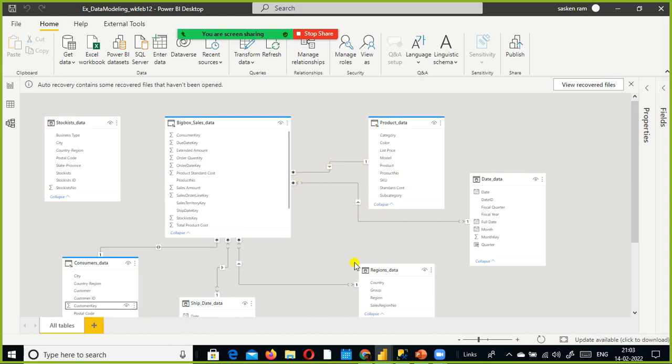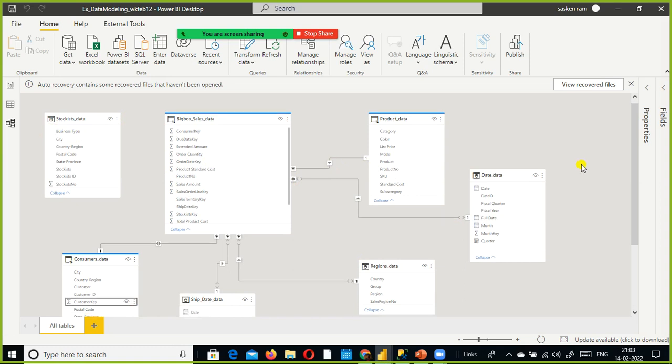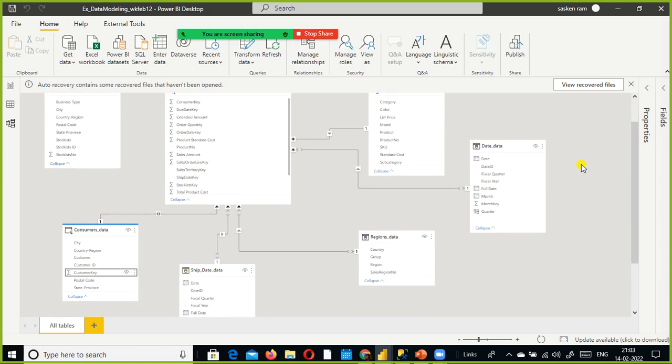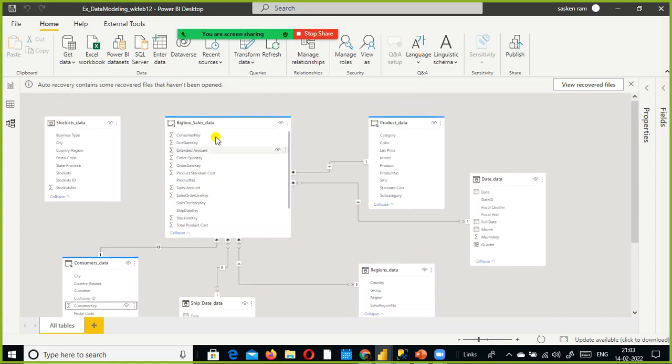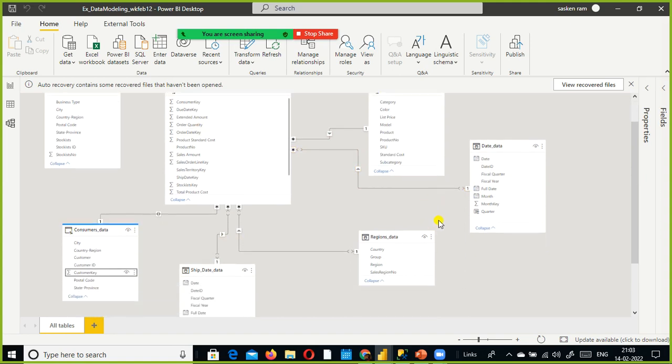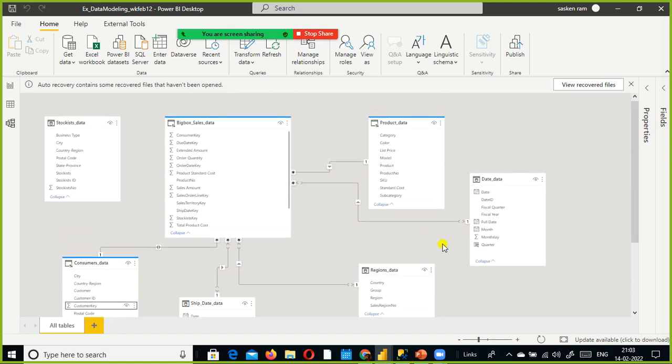With this, you can make sure that the relationships are correctly defined. Here there is no relationship, let us ignore this at this moment. Now let us understand what is an active relationship and an inactive relationship. You can see the solid line between the dimension tables and the fact table, the sales data table. The links between these tables are very solid, we don't see any dashed line.